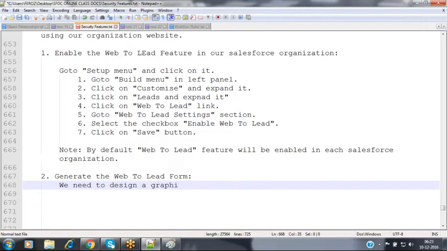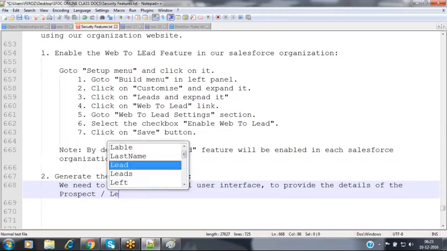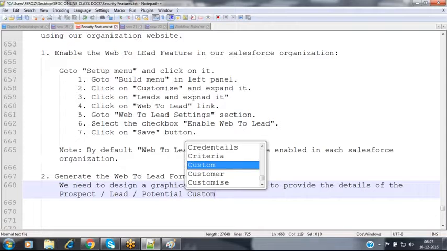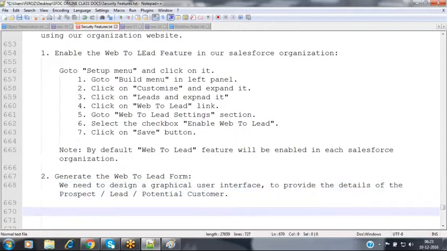That is, we need to design a graphical user interface to provide the details of the prospect or lead or the potential customer, so that the person has to enter his details like his first name, his last name, his email ID, contact number, phone number, fax number, his mailing address details, his PAN number, and along with that the product in which he has shown interest.